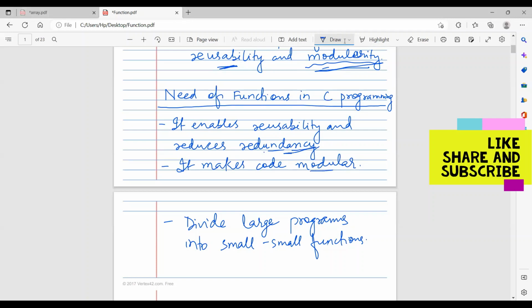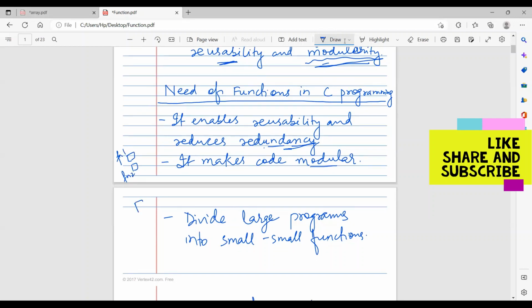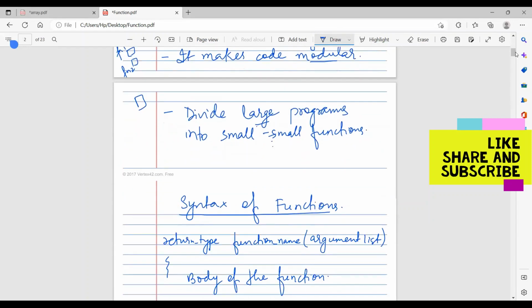It makes code modular. Modular again, the same thing, means we are dividing the large program into small codes. Suppose this is function 1, this is function 2. So we are dividing it into modules. So we do not need to write the large program at a time. We divide it into small functions and we call these functions whenever required. So now we come to the